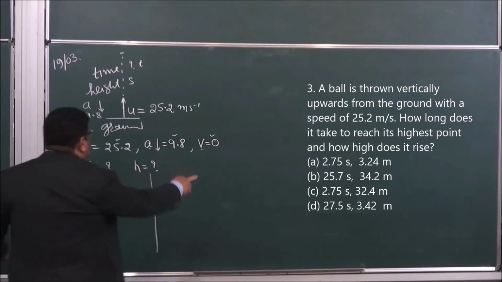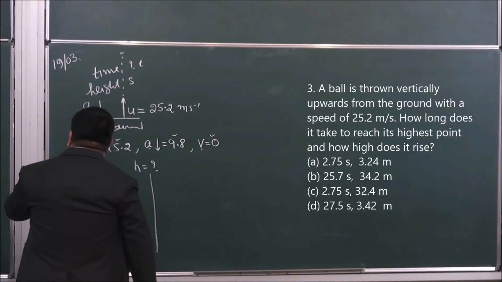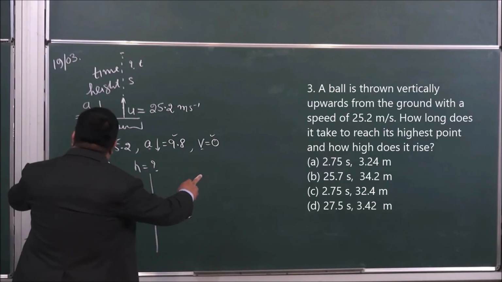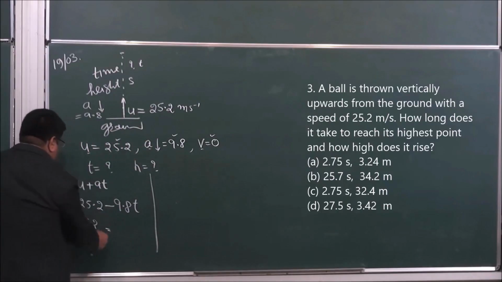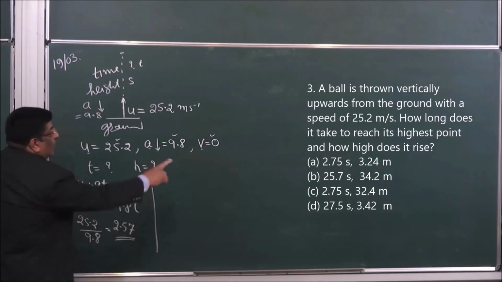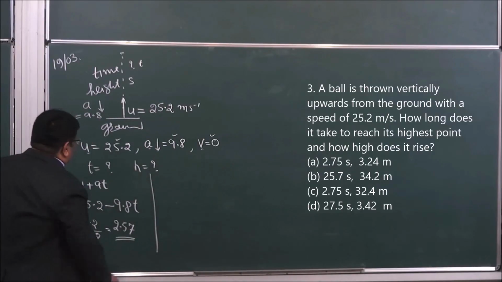And there you will see your options: 2.75, 25.7, 27.5 and 2.57. Here, if you divide it, this will be 2.57. Okay, you can try it, or you can go by approximation that this is the right option,